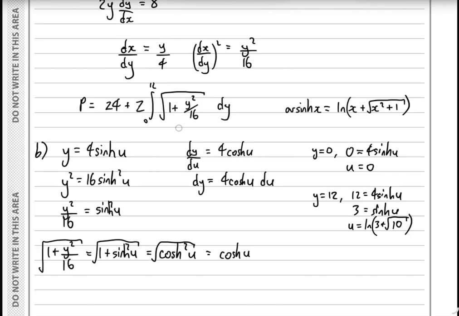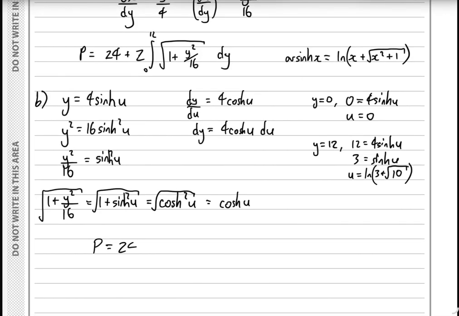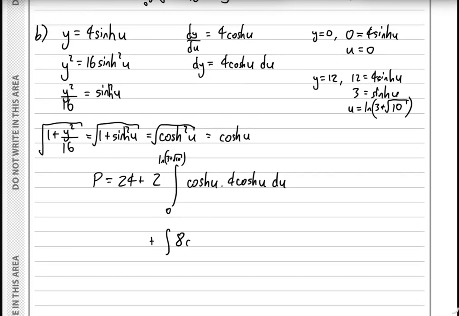We've got the square root of 1 plus y squared over 16 is equal to cosh u. dy is equal to 4 cosh u du. And the limits 0 to log 3 plus root 10. So P is now 24 plus 2 lots of the integral from 0 to log 3 plus root 10 of cosh u times 4 cosh u du. So if I make that 8 cosh squared u du,